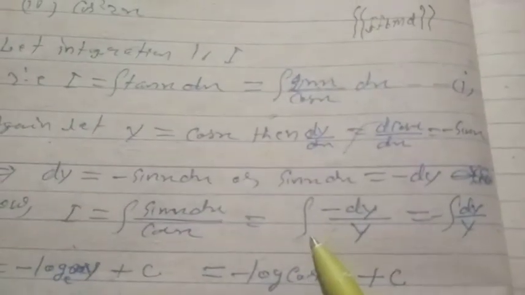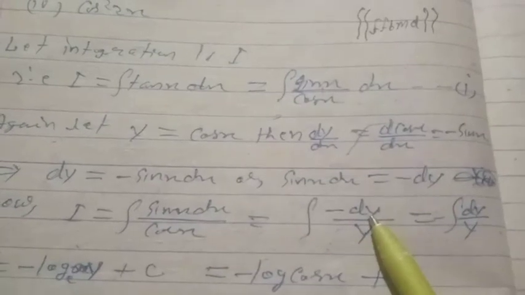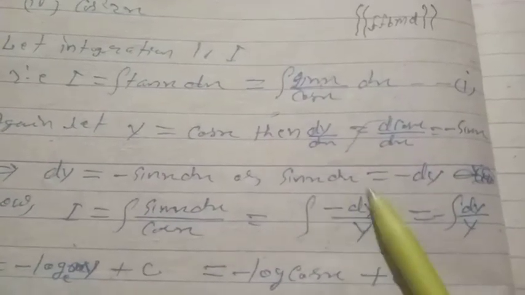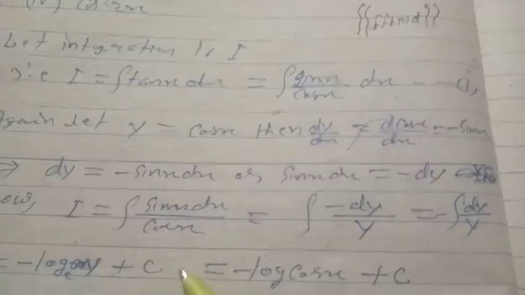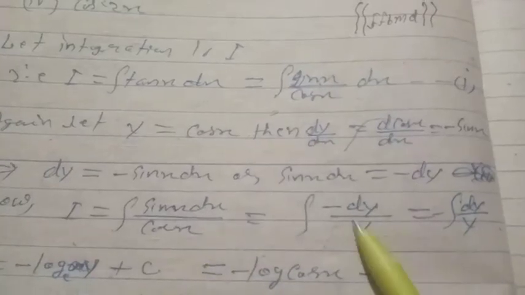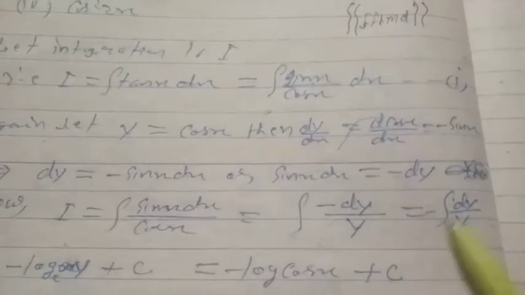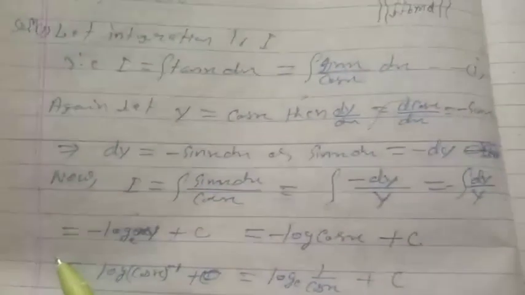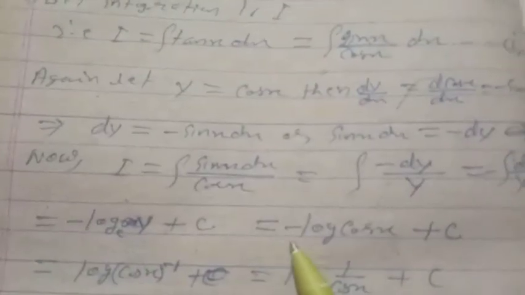So we can write integration of minus dy, because sin x dx is equal to minus dy and cos x equals y. So minus dy by y. So minus of integration dy by y, and this will be equal to minus log y plus c. Putting the value of y, minus log cos x plus c,